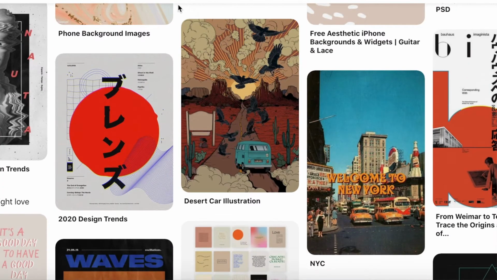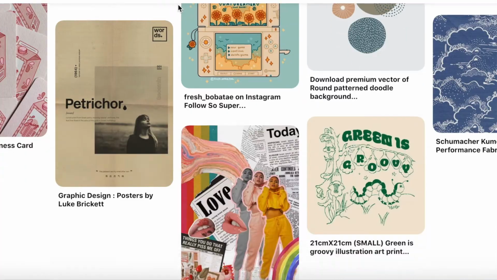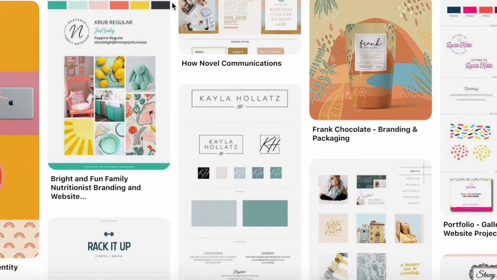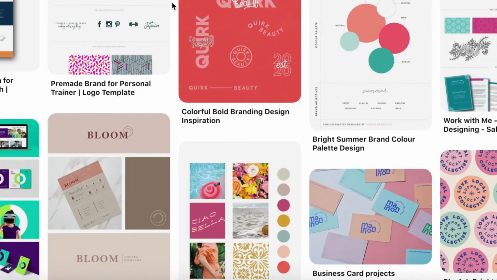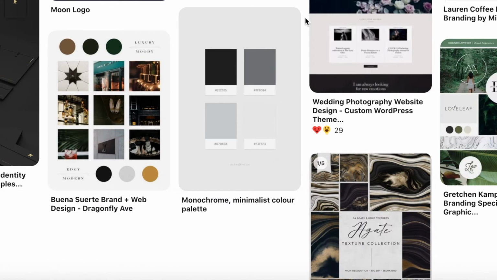Tip number 3 is your overall aesthetic. As a creative, there are a lot of aesthetics that you may want to go towards. However, it's best to stick to one. Because again, if you have one aesthetic shown throughout your brand, your websites, your social media accounts, you will be easily recognized. It is also super important to be consistent for the same reason, to be recognized. So for example, if your page is all bright and colorful and fun, then suddenly you add in some dark gothic style into it, it doesn't match your brand, right? And people will feel